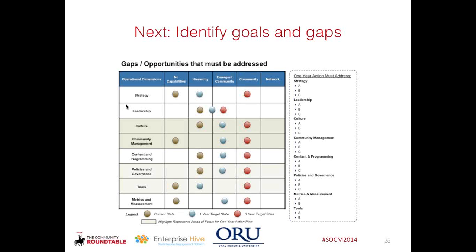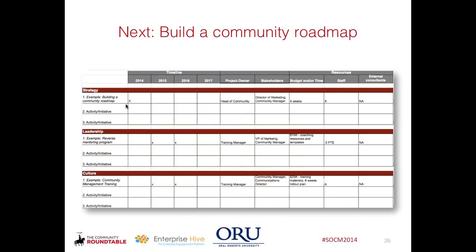And so identifying those areas then allows you to build a roadmap off of that and say, I have a gap in this area. And if you move to the next slide, you can take each of these competencies and say, where do I have a gap, and what initiative am I going to have to invest in to close that gap? And what's the timeline for executing on that initiative?